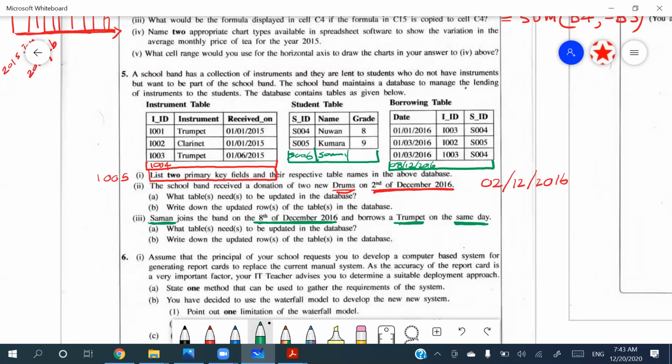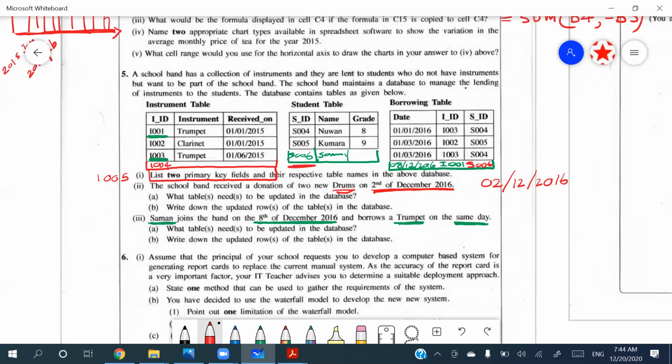So you can have either I001 or I003, one of those, because he is borrowing a trumpet, just one, right? So I'm going to put I001 and the student ID. Student ID is going to be the ID that you have mentioned right over here, right? So it's going to be S006